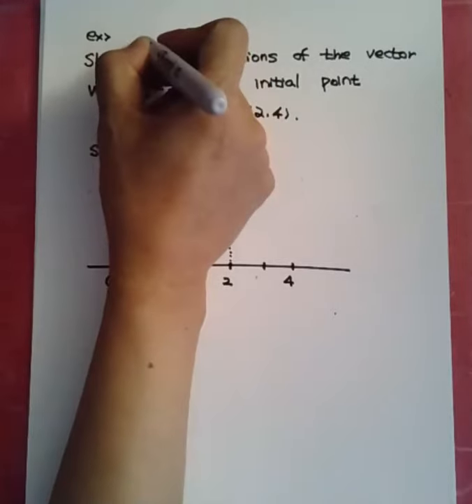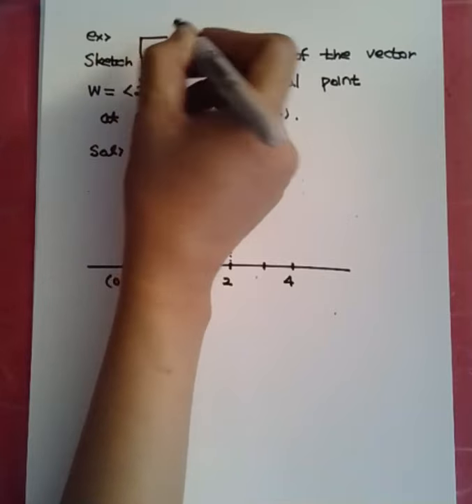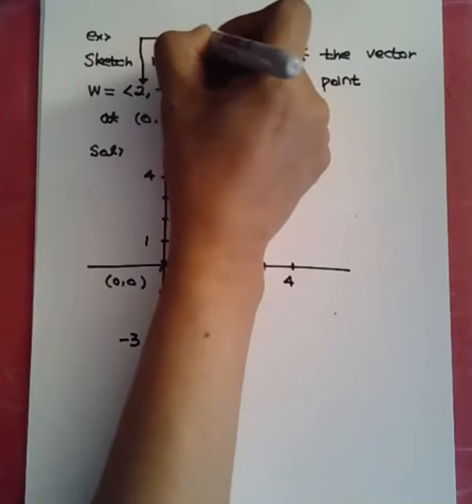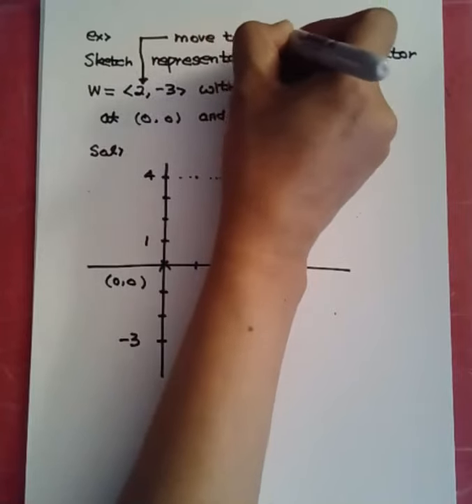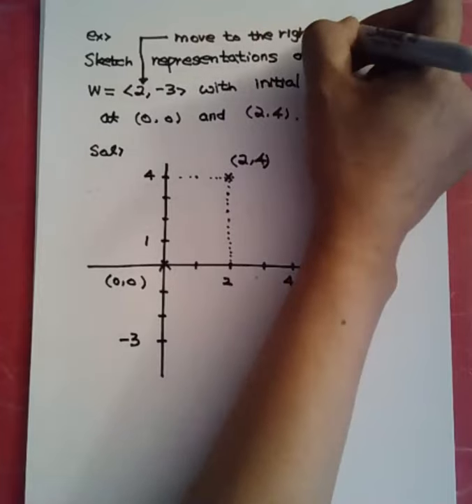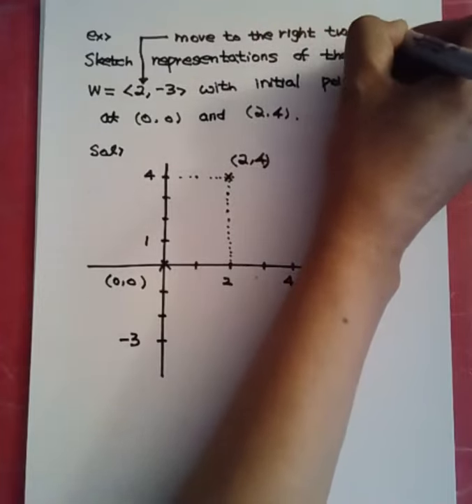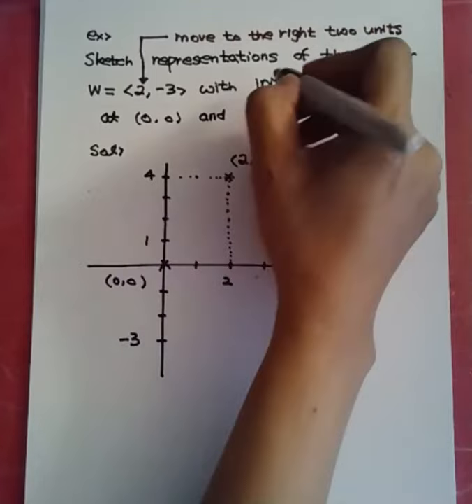The horizontal component of the vector is 2. That means we move to the right two units from the initial point,